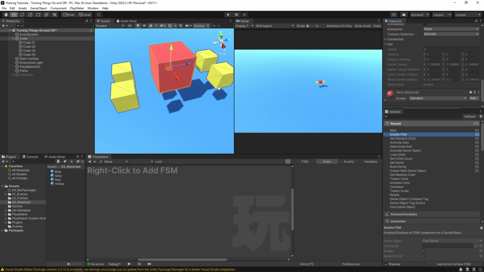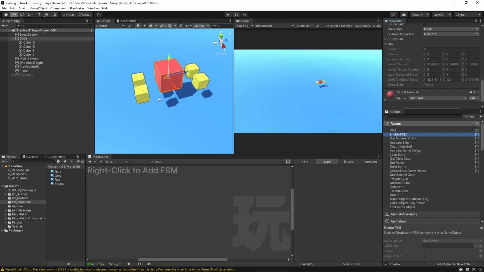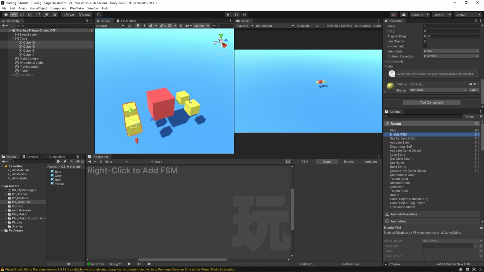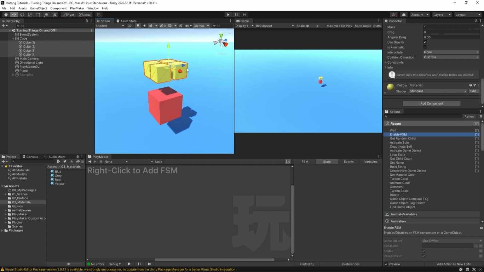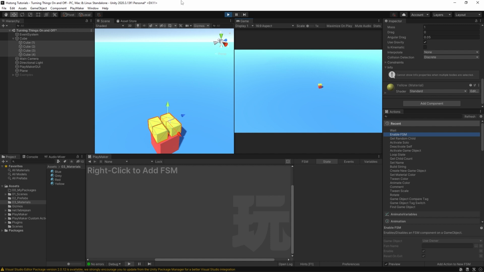Now we just have some game objects in the scene. And let's say I want to turn off only the mesh renderer of this cube. Let's say I have all these child cubes here and I put them up like this. With all of our yellow cubes on top of the red cube like that, if you press play,